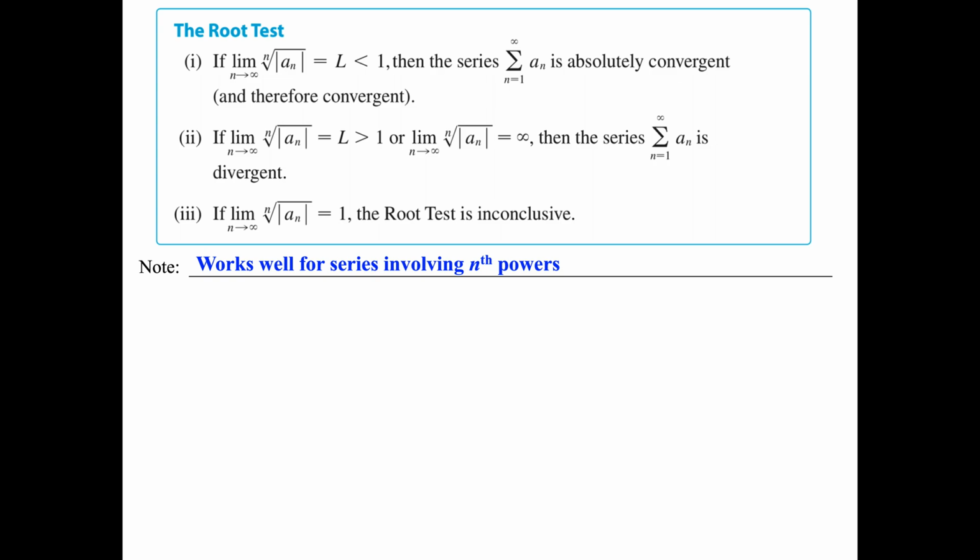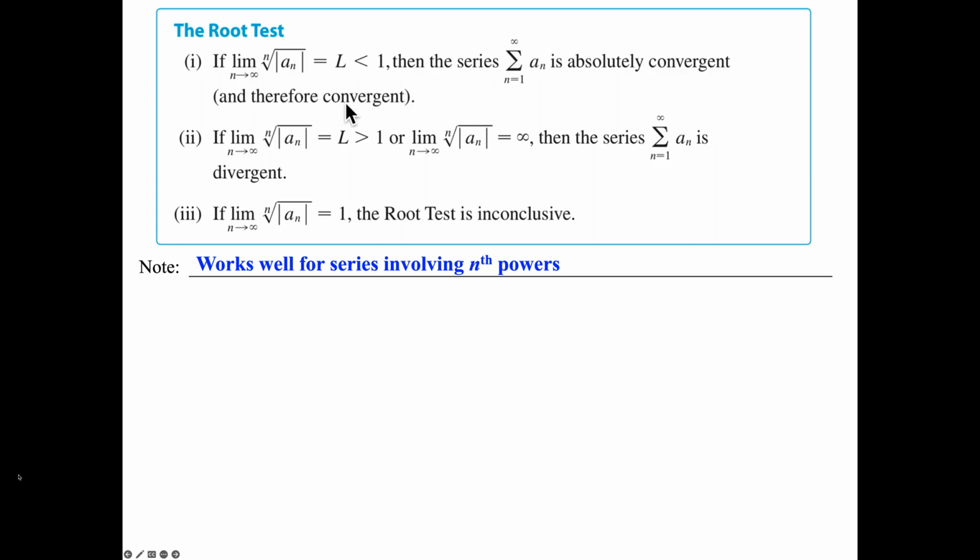And by taking the nth root, we can get rid of that big power and see what's really happening with our function. Again, we're taking the absolute value of your sequence function. We're taking the limit again as n goes to infinity. Same three conditions. If your limit is less than 1, then your original infinite series is absolutely convergent, and it